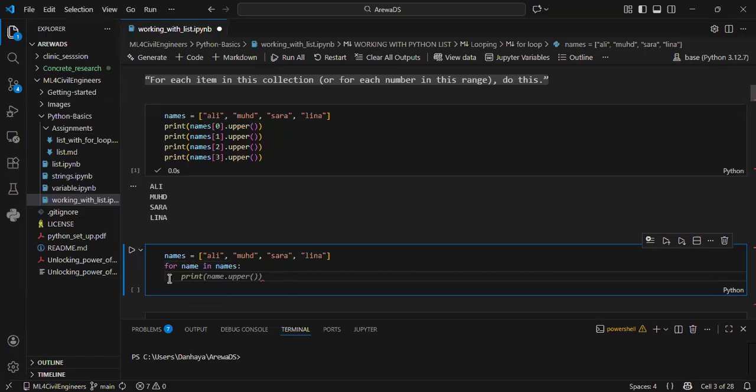This white space you can have it using a tab key, or maybe you press